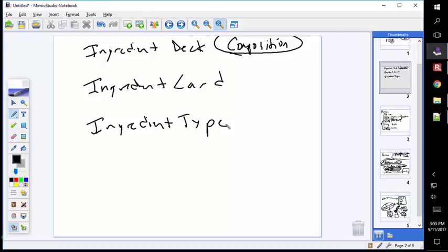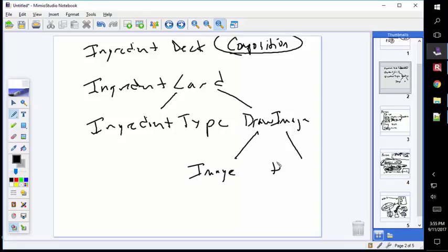Probably, if I want to show it on a screen, what's it got to have? I want to display it as part of my GUI. Yeah, something called a draw image. So ingredient card is composed of two objects, in addition to probably some other primitives as well. And then finally, draw image itself has two components. One of them is the actual image, and the other one, which I wouldn't really expect you to guess,